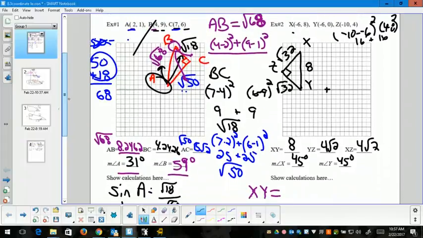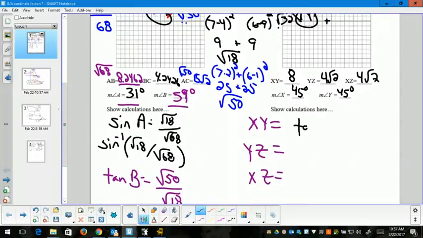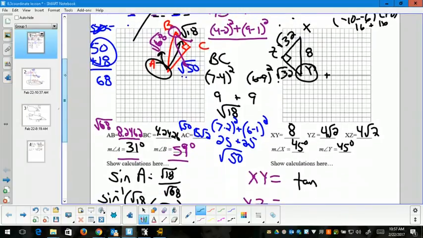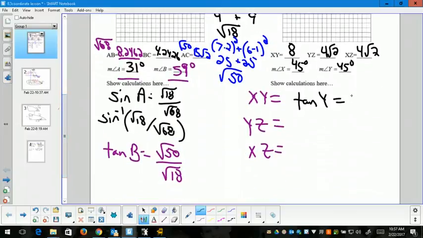If I didn't know that, I could use tangent inverse. Here's the opposite, here's the adjacent. I could do tangent of, is that z? No, y. Tangent of y is square root of 32 over square root of 32. And by the way, I get the same thing if I did the tangent of the other angle, x. And when I do tangent inverse of that,